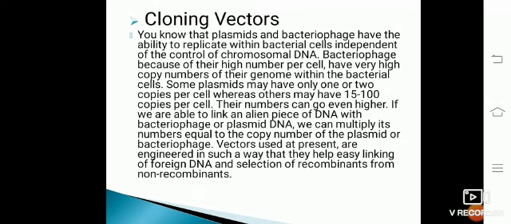Plasmid is an extrachromosomal circular body which is found in bacteria. Most bacteria, apart from their own DNA, also have this extrachromosomal circular body, the plasmid. Some other cloning vectors are bacteriophage, plasmids, phagemids, yeast artificial chromosomes, also known as YACs, bacterial artificial chromosomes, that is BACs, transposons, and viruses.